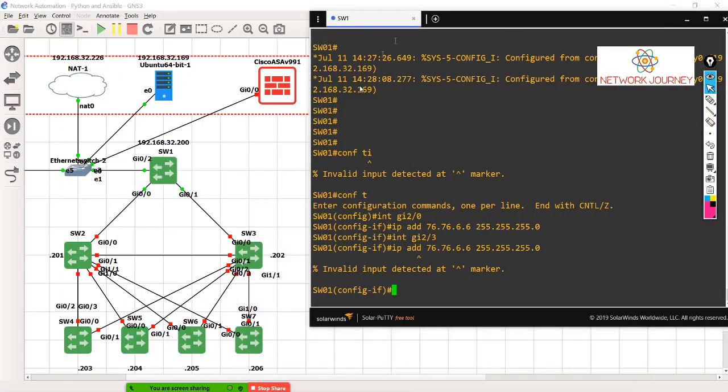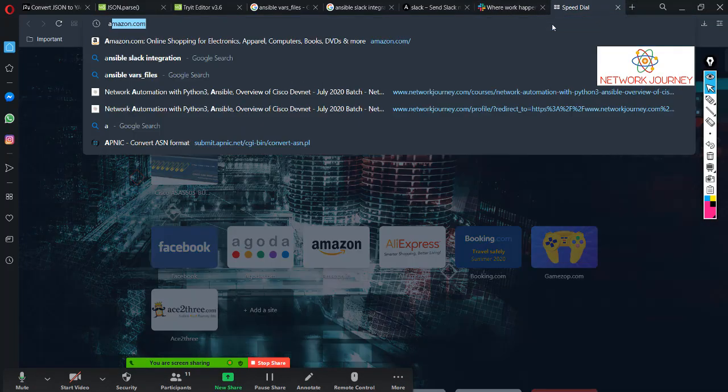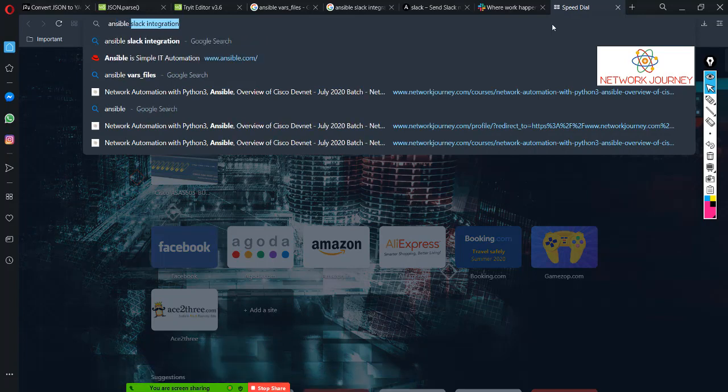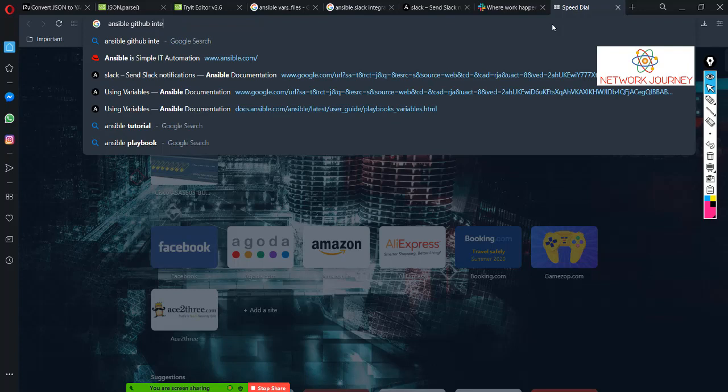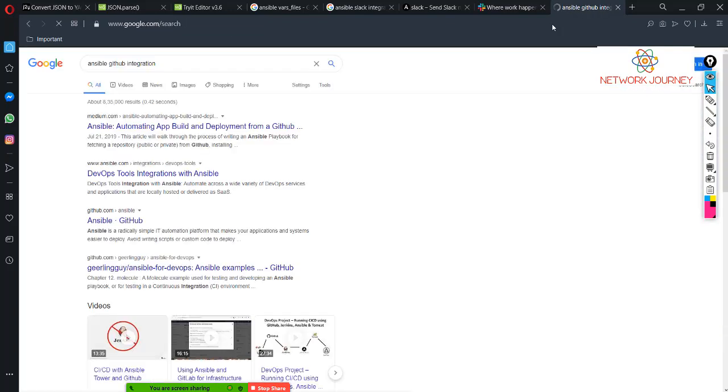Okay, so we call that Ansible GitHub, and there is a default integration. So if I say Ansible GitHub integration, I can keep my template on my GitHub and just change it on a centralized place which is visible to everyone.